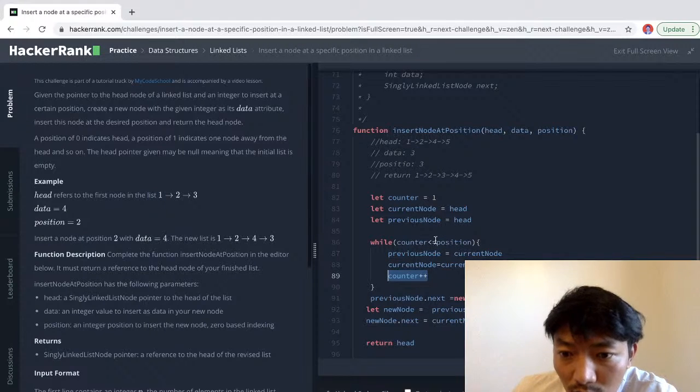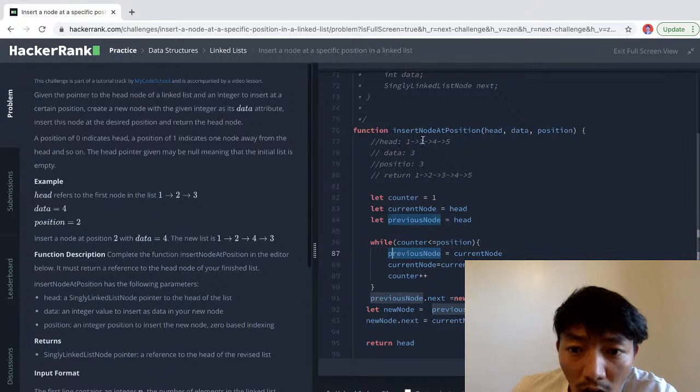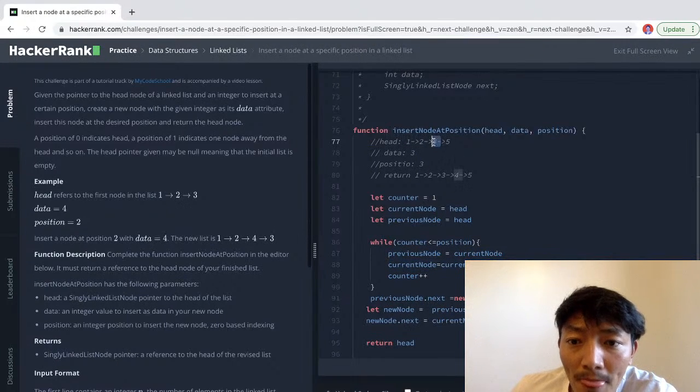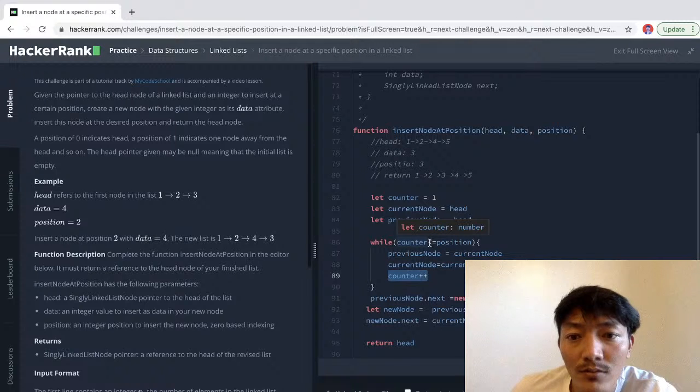So 2 is less than 3. That is still, 2 is less than or equal to 3. That is still good. Okay, so what we did was, the previous node is now 2, and then current node becomes 4. Okay, so counter plus plus. So counter becomes now 3. 3 is less than,